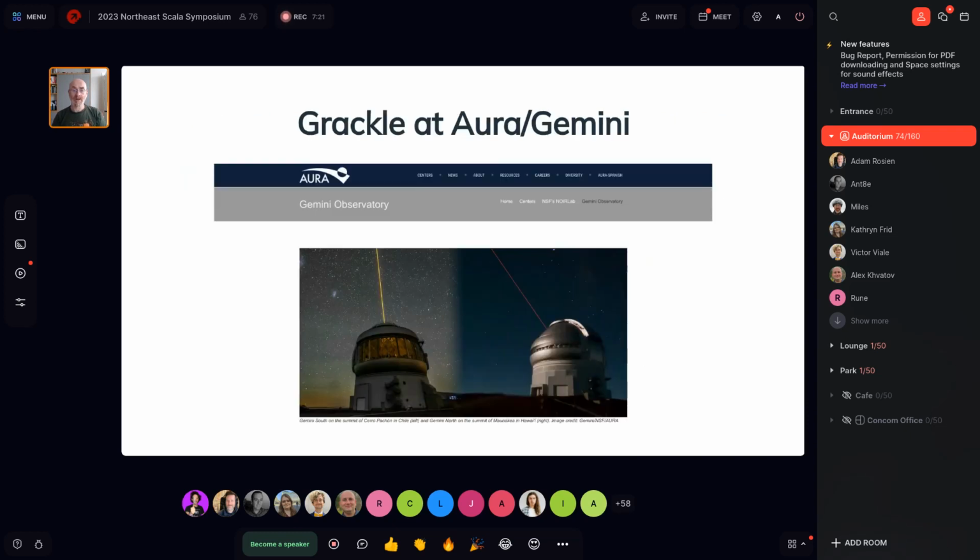At Aura Gemini, so this is Rob Norris's employer, you may be aware that he's been working with this university aligned international research group. They're responsible for a pair of telescopes. One is on top of a mountain in Chile, and the other is on top of a mountain in Hawaii. They really do have lasers that shoot into space, and their new